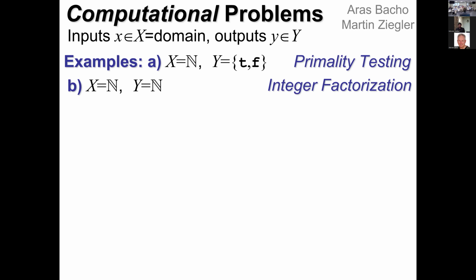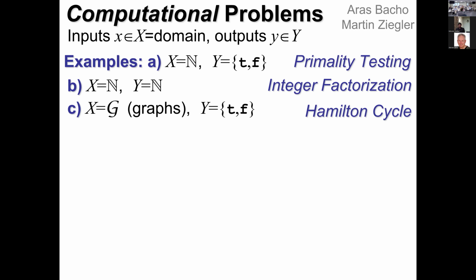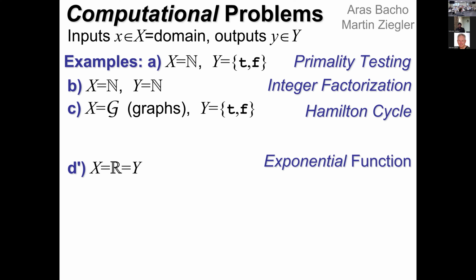Factorization, where the codomain is integers, let's say the largest non-trivial divisor. Or graph problems, such as the decision problem of whether a graph has a Hamiltonian cycle. There the input is the range of all graphs, and the output is Booleans. Moving on to the continuous setting, for example, the exponential function, the real line, input space reals, output space reals,